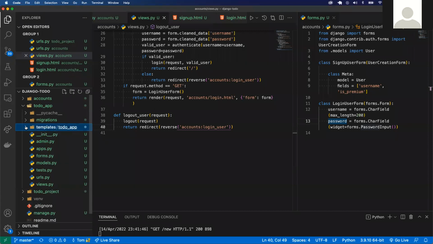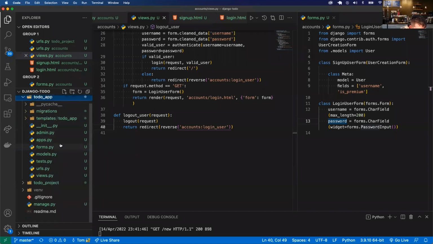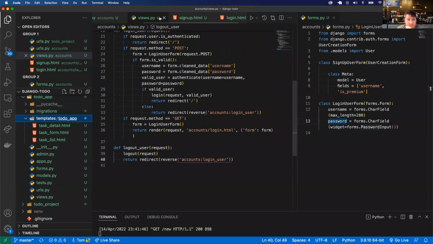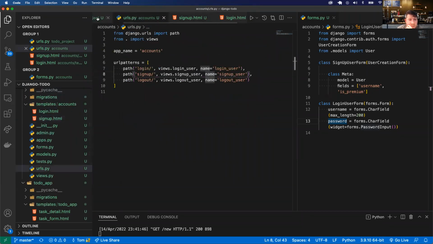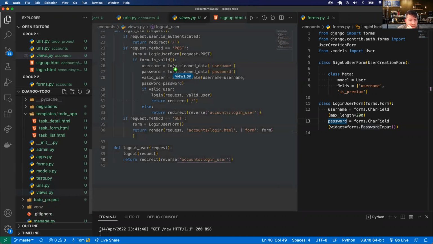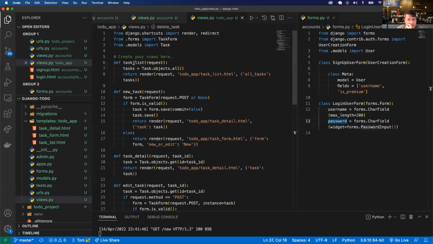Probably the login page or the sign up page. Yeah, why not? So how can we do that? So inside of our views in our to-do app,